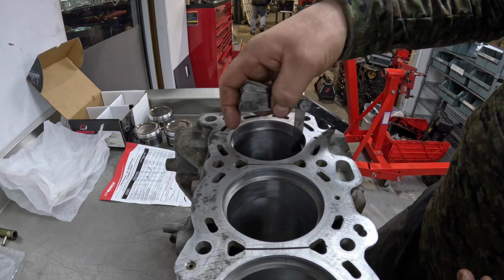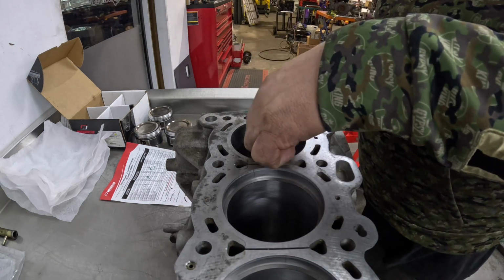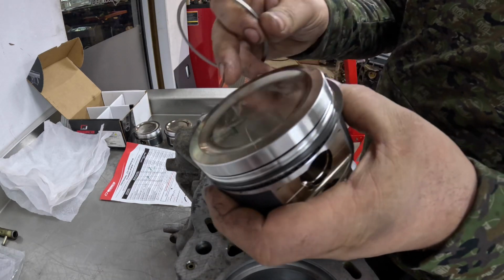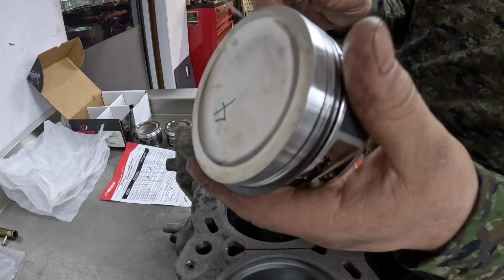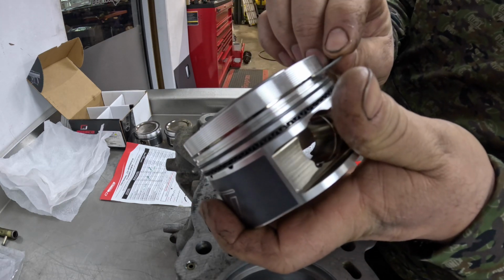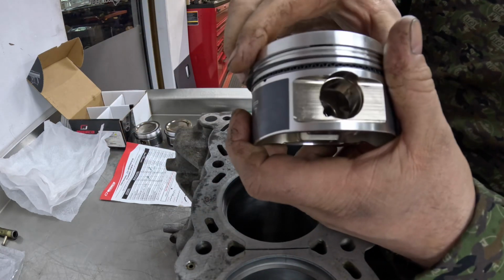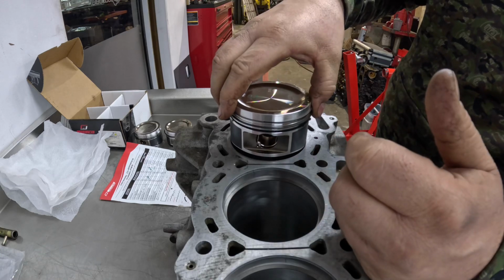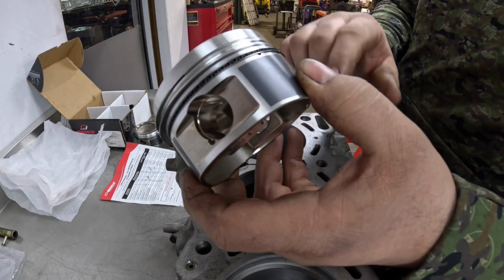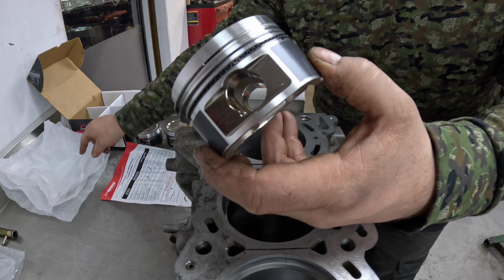And that's it, 23 thou is now in there nice. So we're going to fit that onto piston number 4. Once again 180 degrees from the second ring, making sure the end is pointing upwards. Very carefully just roll it around the piston. Perfect. So what I'm going to do now is do the other 3 top rings,